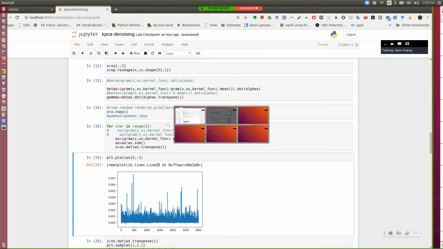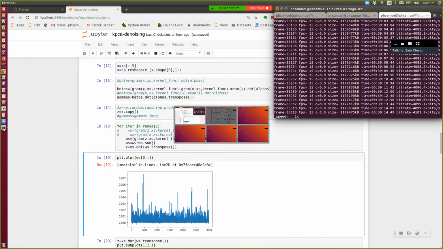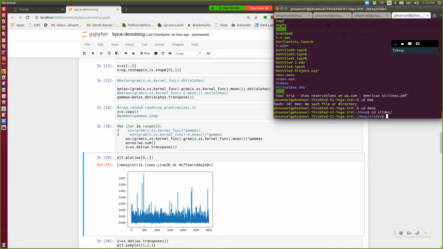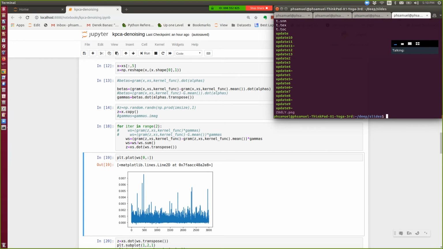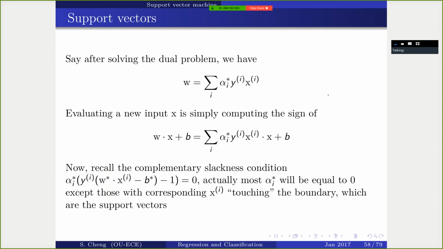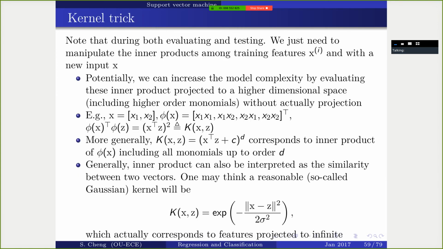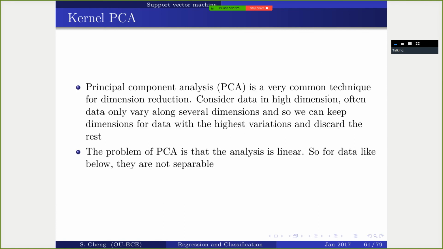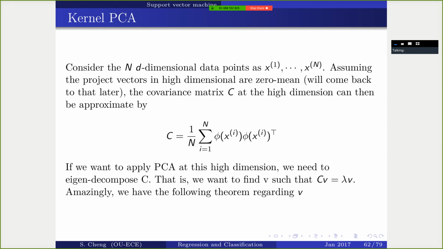So let's go back to what we were talking about. Kernel PCA, just a quick recap. Actually, what we mentioned last time is that